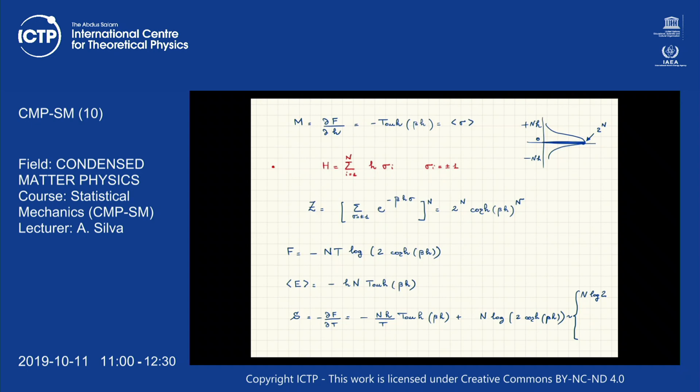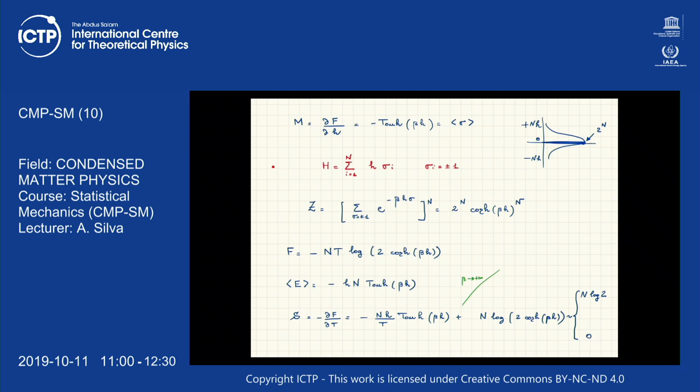Now, the entropy, therefore, is equal to 0. And let's see if it works. Well, it's not that straightforward, right? When temperature goes to 0 means that beta is going to infinity. Now, when beta goes to infinity, let me do it here. I don't want to turn the page. When beta goes to infinity,